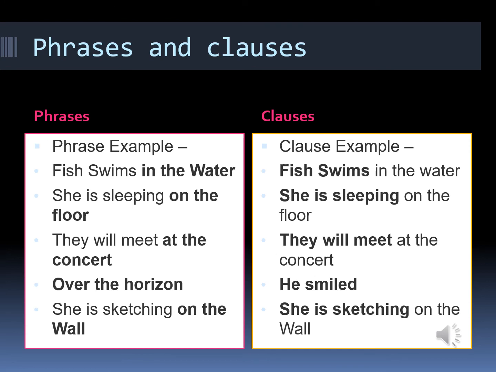And as we have already mentioned, a phrase is a part of the clause itself. So here I have shown you how to identify a phrase and a clause. Whatever the group of words that is underlined, just read it first and after that see whether there is a finite verb. If there is a finite verb, without any doubt it will be a clause. If there is no finite verb, it will be a phrase.